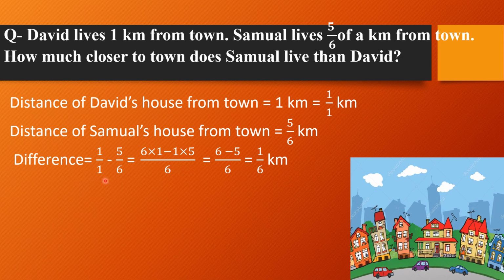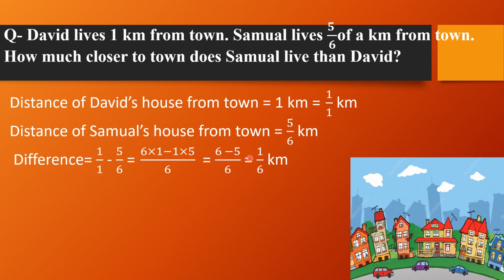Here 6 is the denominator which we will write here because the LCM of 1 and 6 is 6. We will write 6 here. 1 6s are 6. We will write 6 here. Multiply this numerator 1 minus, 6 1s are 6. We will write 1 here. Multiply this numerator 5. Now at first we will do multiplication. 6 1s are 6 and 1 5s are 5. So here 6 minus 5 by 6.